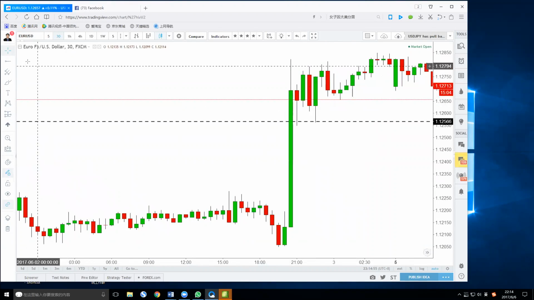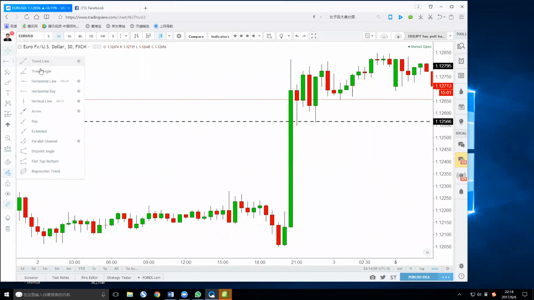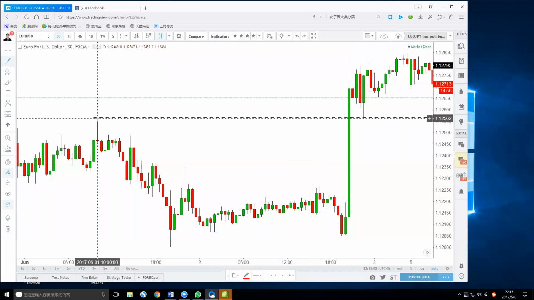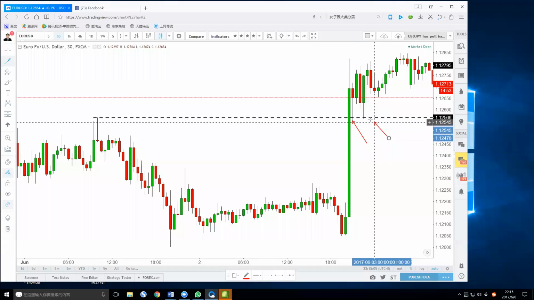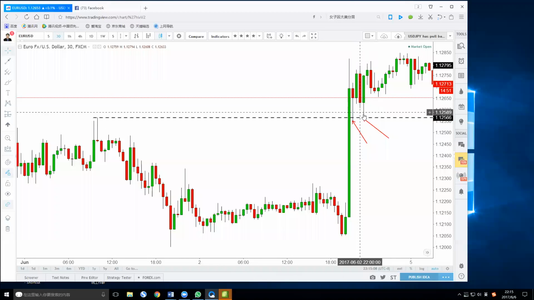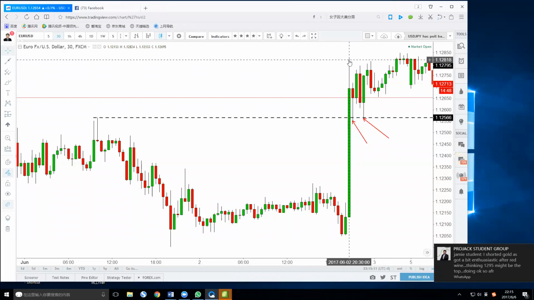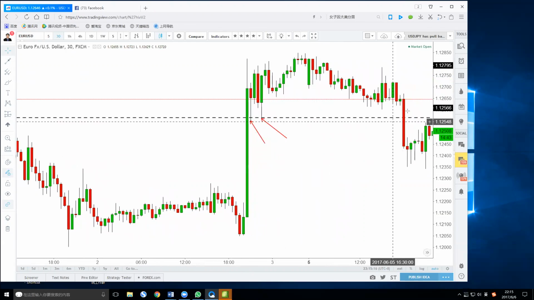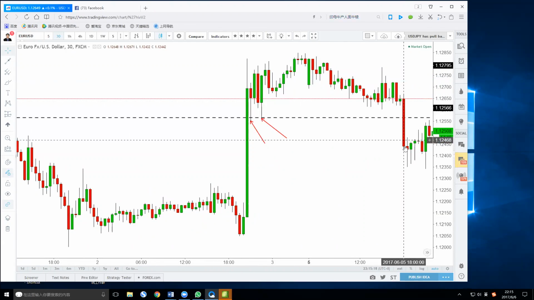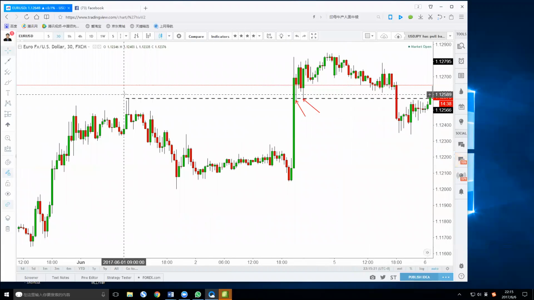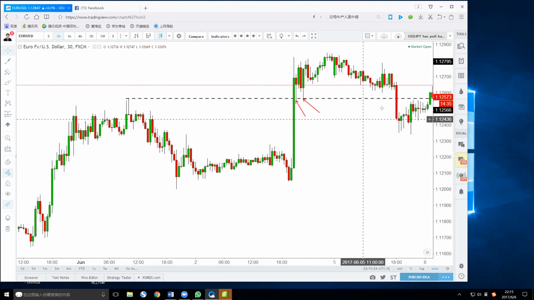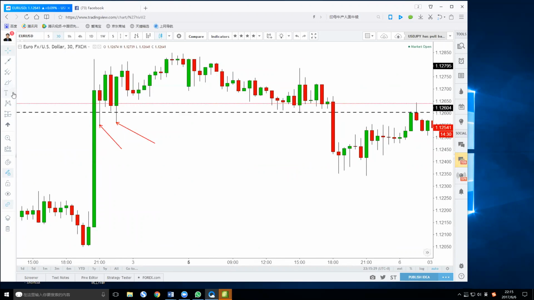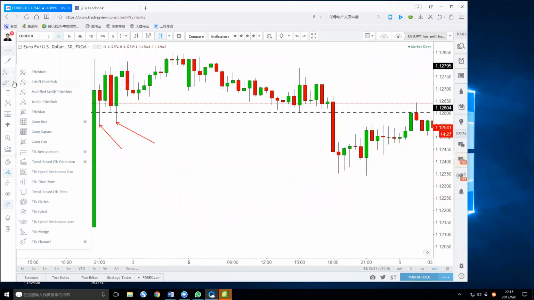So after the non-farm payroll, if you are watching the market and you see a candle like this, break out, pull back, and stand above the previous high, these are the buying opportunities. You can easily get the returns of the previous high here. And then we see here, another bearish candle comes in and pushes the price below 1.1260 again. So basically it means that the previous supporting structure has now become resistance.